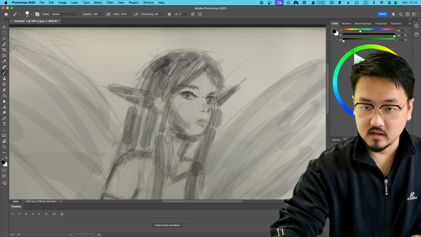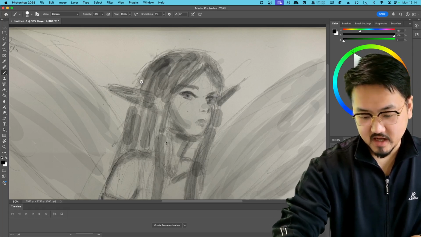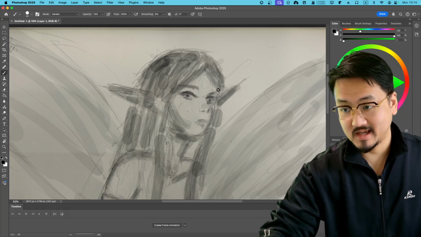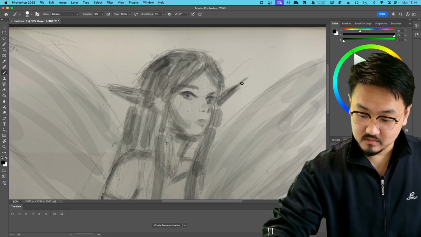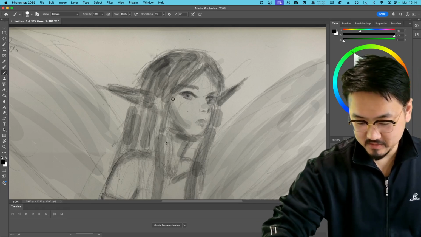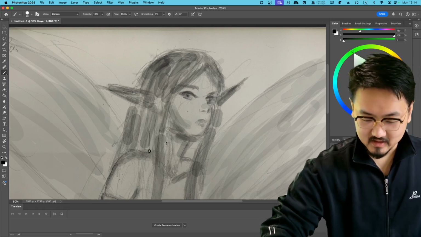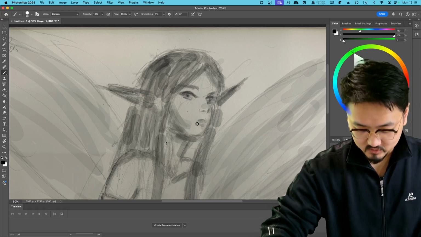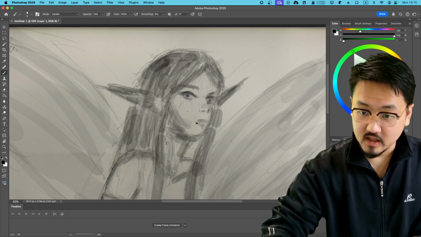Then the hair, the head. The sketch is too messy, and I don't want that. This is like a pixie, it's got magic power. I don't want the magic creature to get too messy. Okay, so what I'm going to do is just add a little bit. While you are doing this, by the way, you decrease the